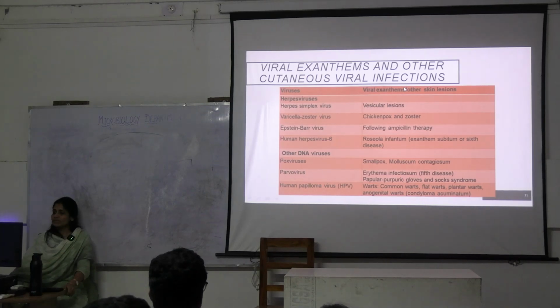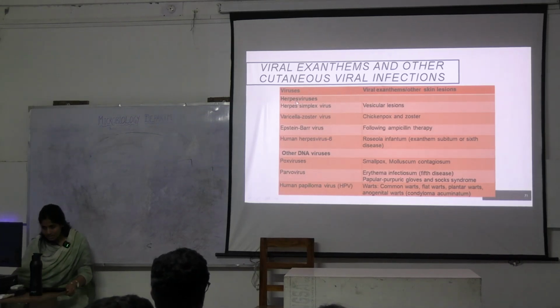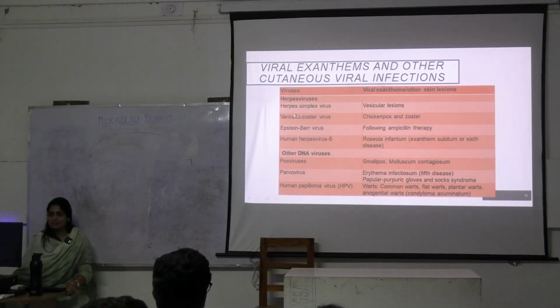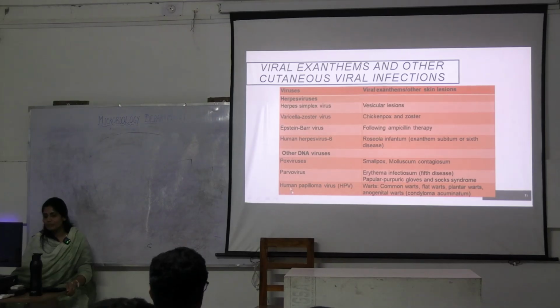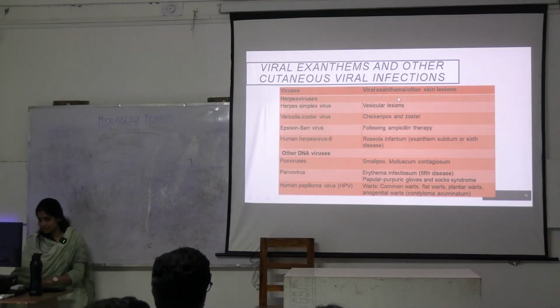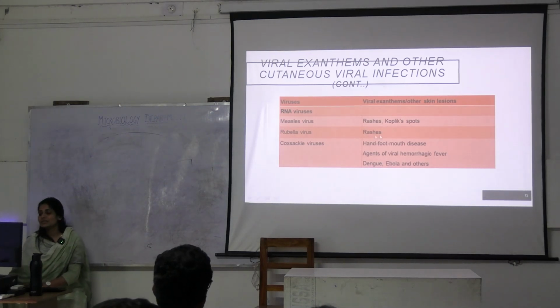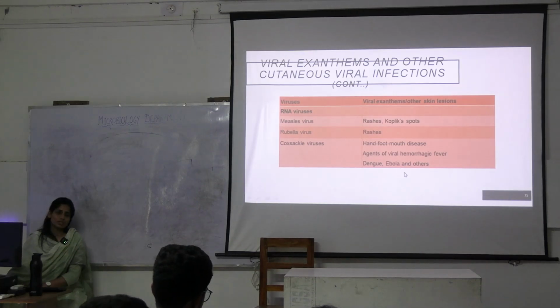Now you remember this, these are certain common viruses that you have heard by now. What are these viruses? Herpes viruses. Is varicella zoster a herpes virus? We'll see about that, okay. So these are all viruses that will cause all these skin lesions or viral exanthems. And these are certain RNA viruses, measles, rubella, these viruses also cause these infections, okay.